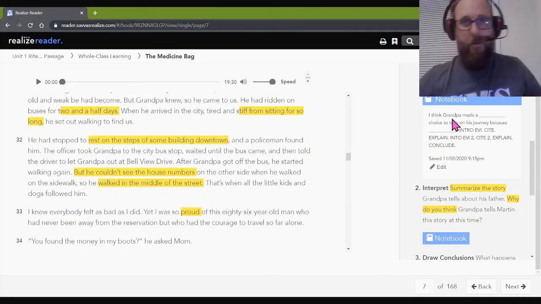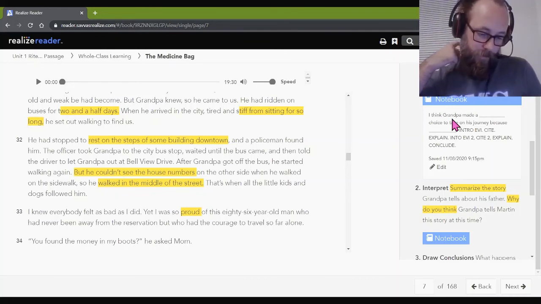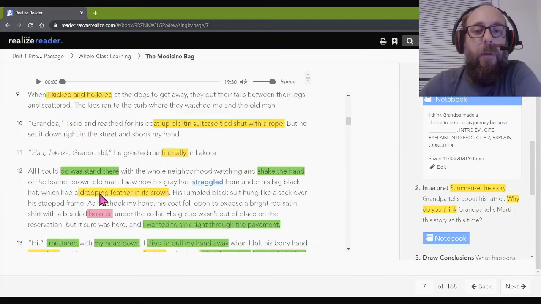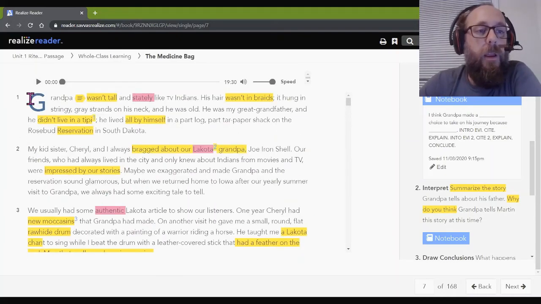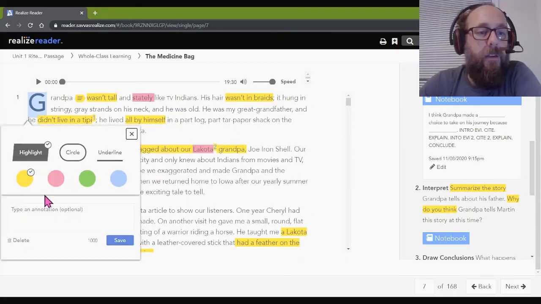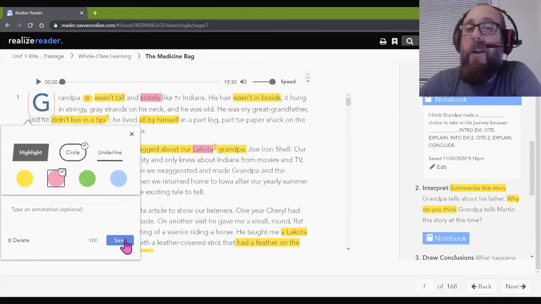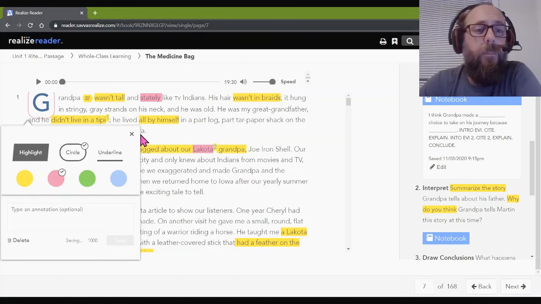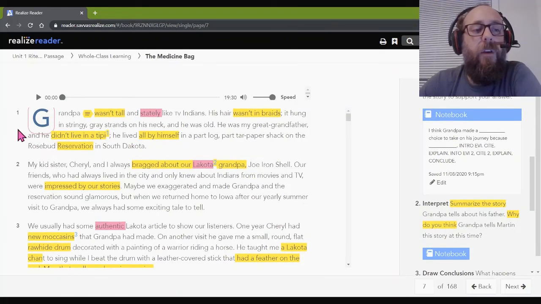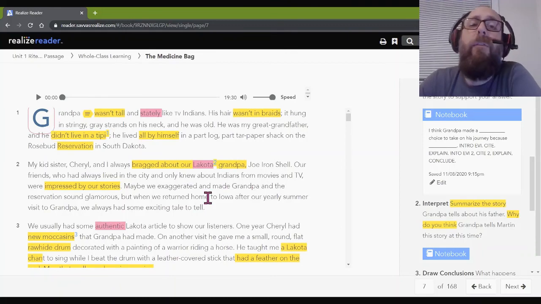Easter egg, right? Easter egg. All right. I'd like you to go to the very top of your story, and this letter G, I want you to highlight this. Give me a circle in red. A red circle around G, and I will know when I see your copy of the story that you watched to the end of the video and had a red circle around your G, and I'll give you those signatures